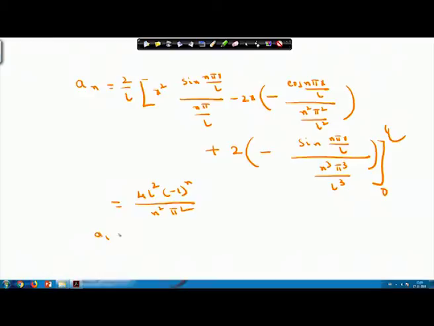So, your a 1 will be equal to minus 4 L square by pi square. Your a 2 will then be 4 L square by 2 square into pi square. Your a 3 will again come with minus 1 to the power 3, so it will be minus 4 L square by 3 square into pi square. In this way it will go. So, that you can write down